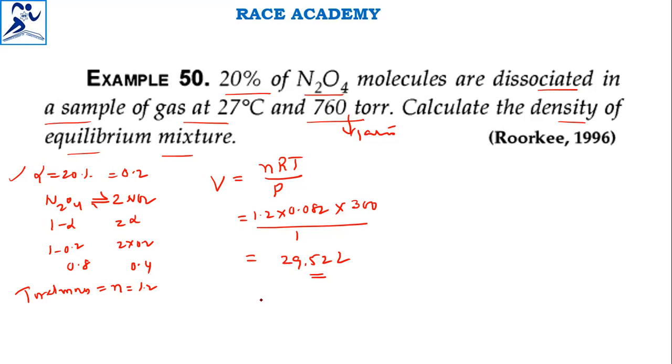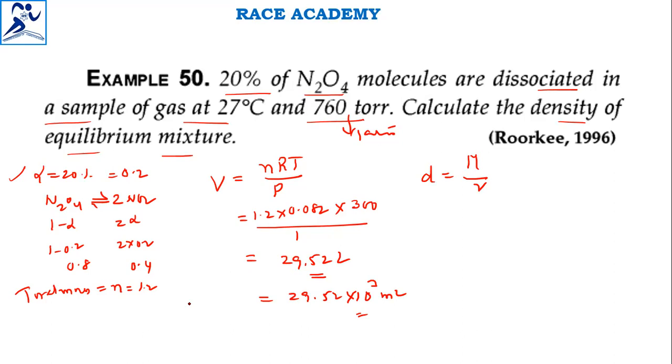It can also be written as 29.52 into 10 cube ml also. There is no problem in this. After that we know what is density. Density is equals to mass by volume. And when we have the moles concept,